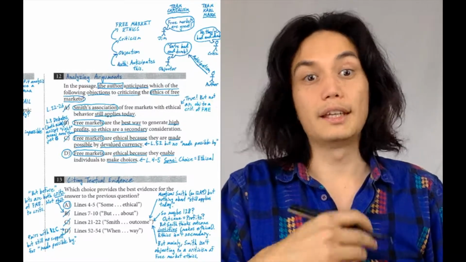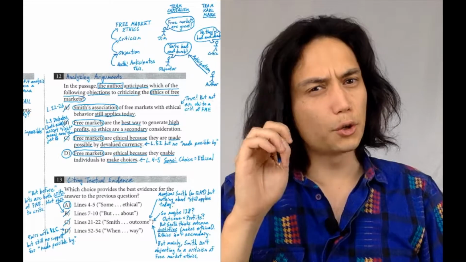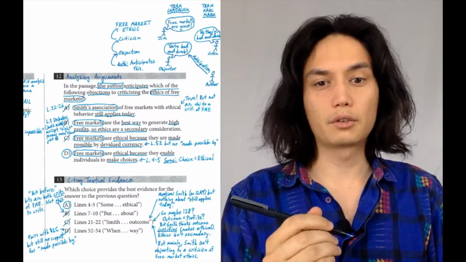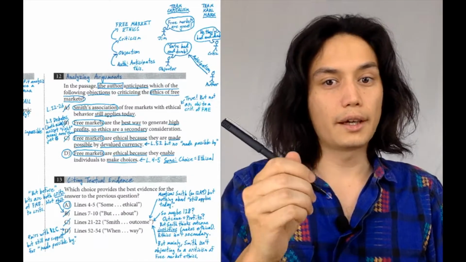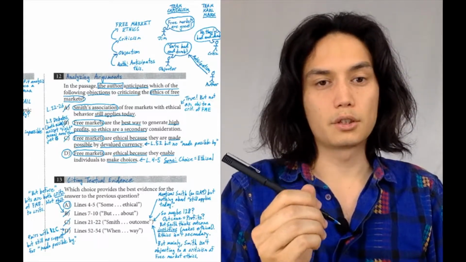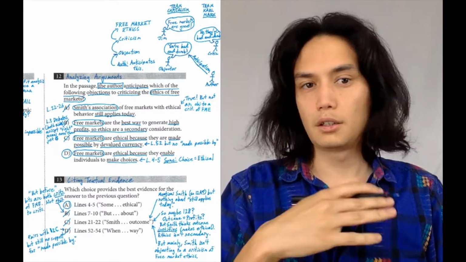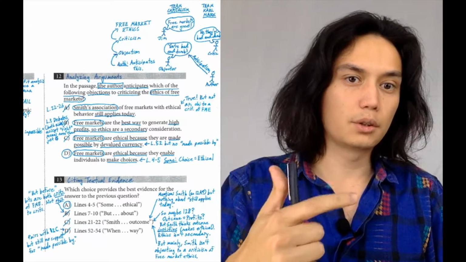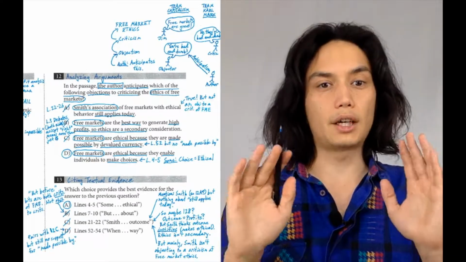Now the ideal way to do these questions is to know the passage so well that you can answer this question without making reference to the question at all, find the right answer, know the quote that supports your answer, find it down here, circle it, move on. That is the fastest and most accurate way of doing these questions, but it also requires a high degree of